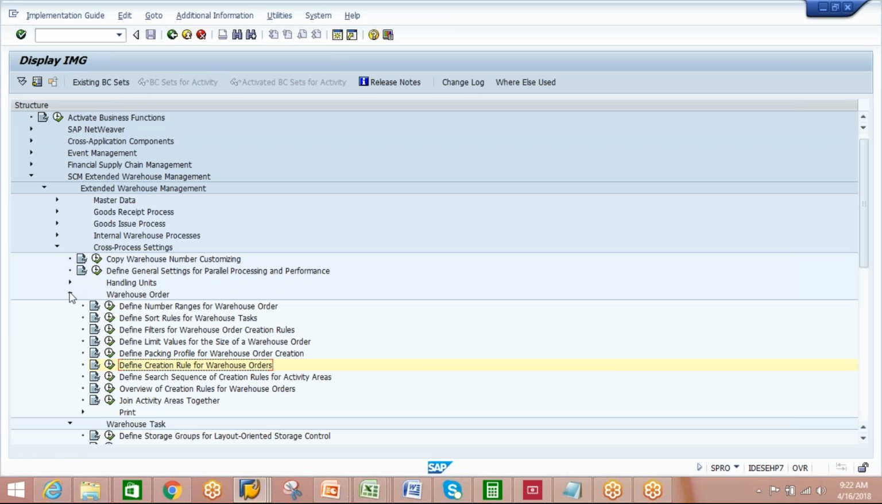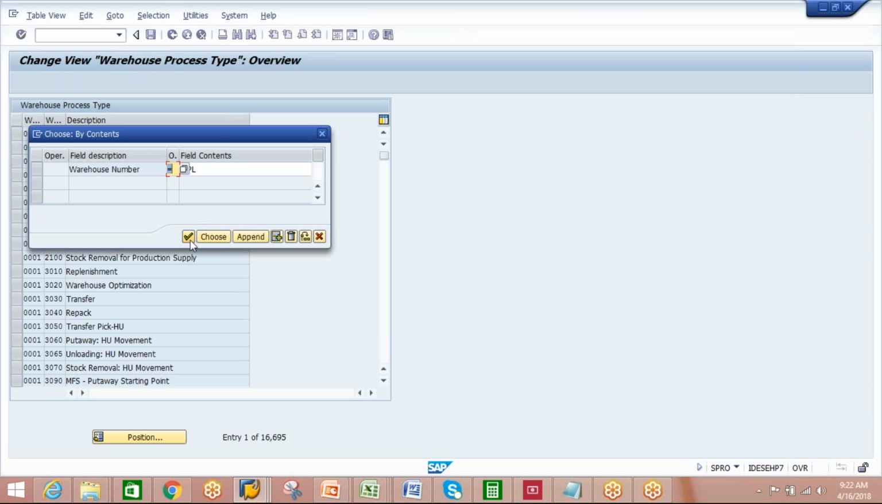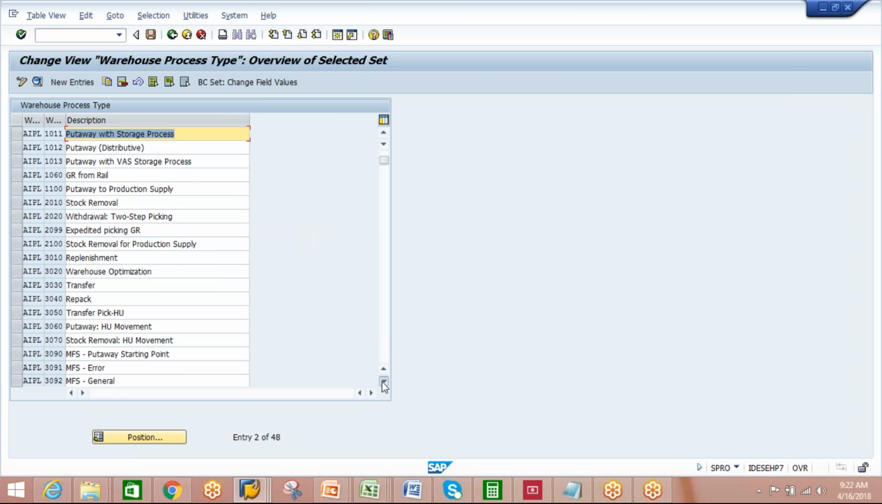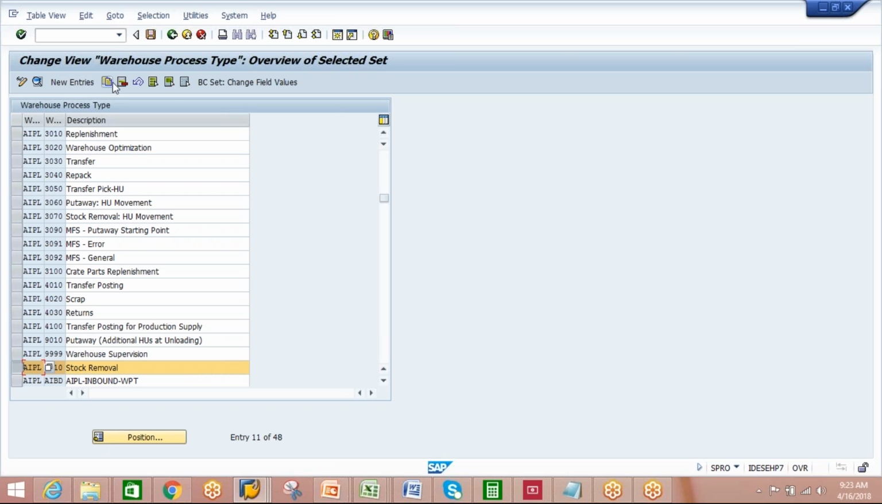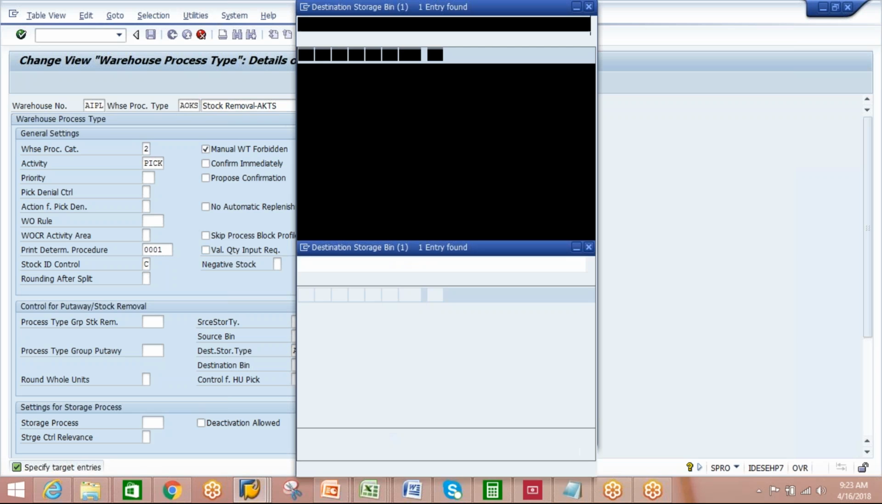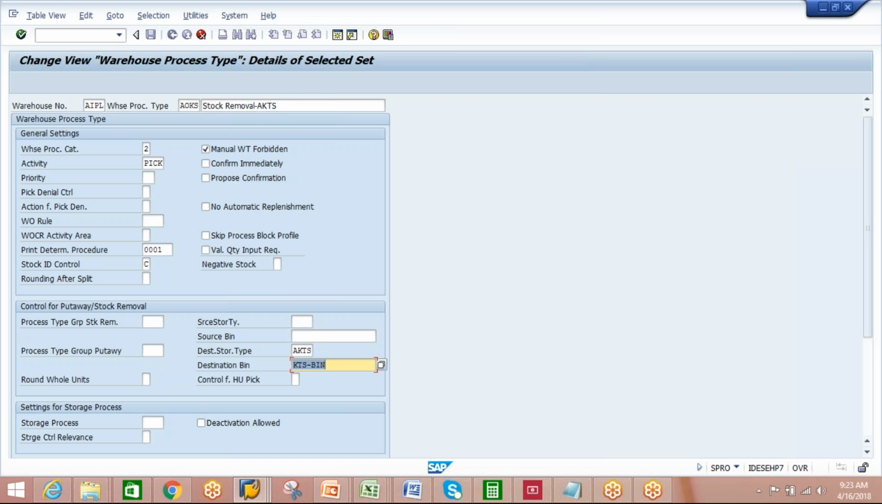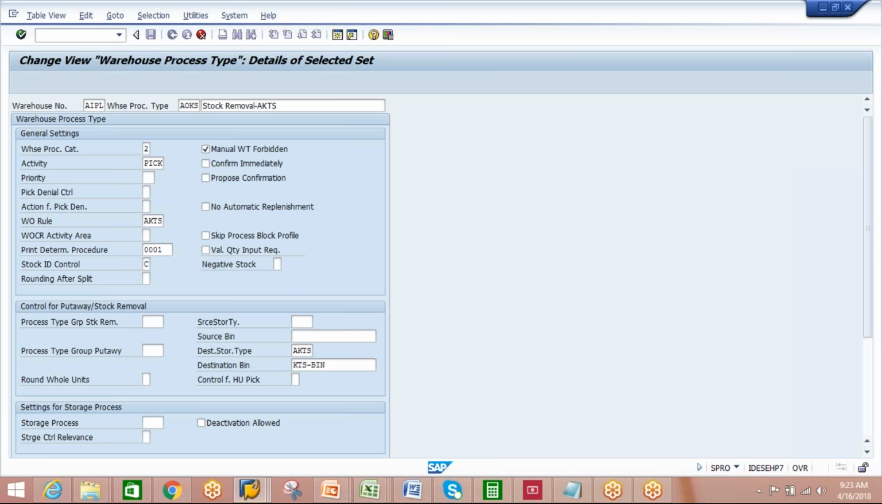Define warehouse process type. Go to ours, A210 something is there. We copy that and create. AOKS. Okay. Here destination: our kitting work center, staging area group, KTS bin. Here rule: AKTS. Now